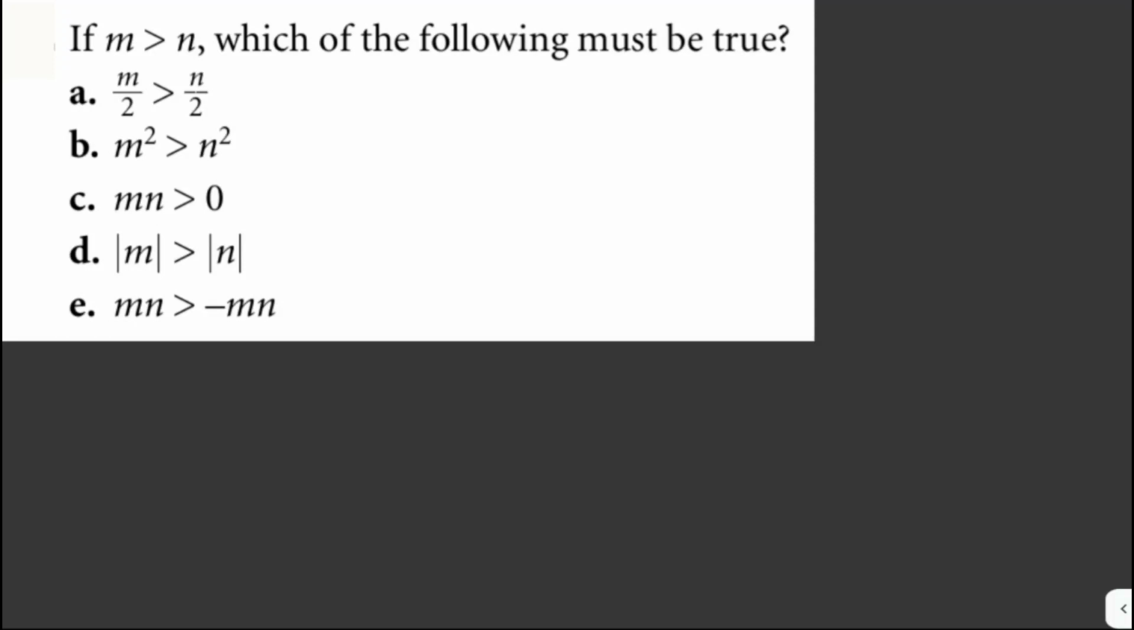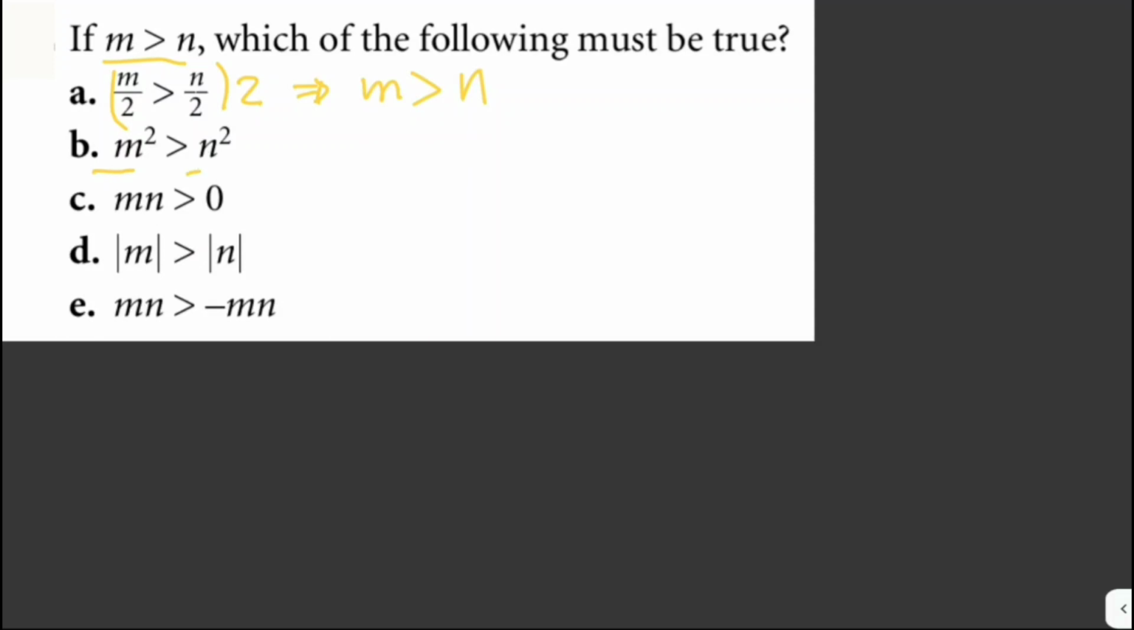From A to E, the first one is m over 2 greater than n over 2. If both sides of this inequality are multiplied by 2, the result would be the same as the original inequality, which is m greater than n. For letter B, m squared is not greater than n squared when m is a